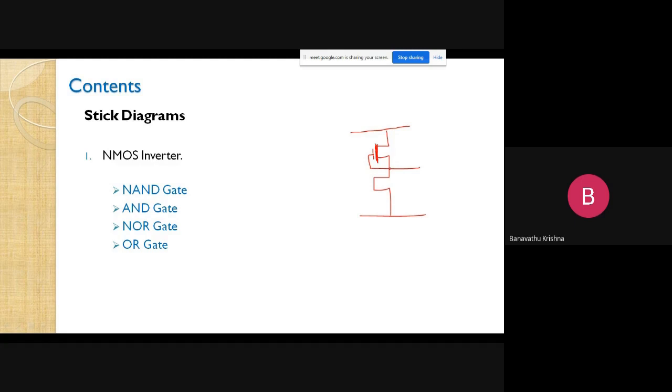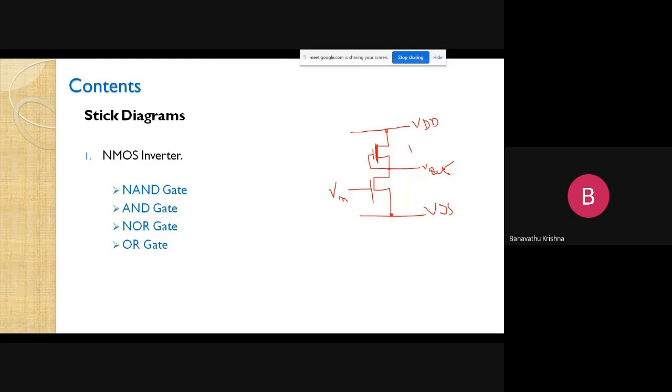Here we make the connection; this is VDD, and here the connection is VSS. This is the input, V input, and here it is V output. This is the circuit diagram for the NMOS inverter.